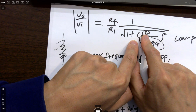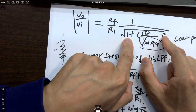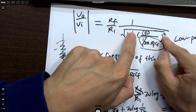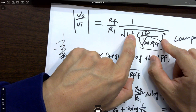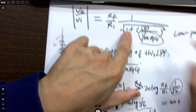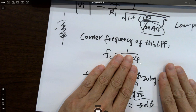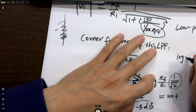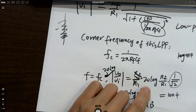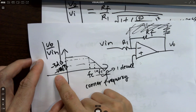10 times larger, so we're getting 10 squared, 100 times. 100 plus 1, no, don't do that, the 1 is tiny, so ignore it. The square root of 100 is 10. 1 over 10 is 0.1. Plug in here, 0.1. 20 log 0.1: log 0.1 is negative 1, times 20 is negative 20 dB. Make sense? 10 times larger frequency will cause a 20 dB drop